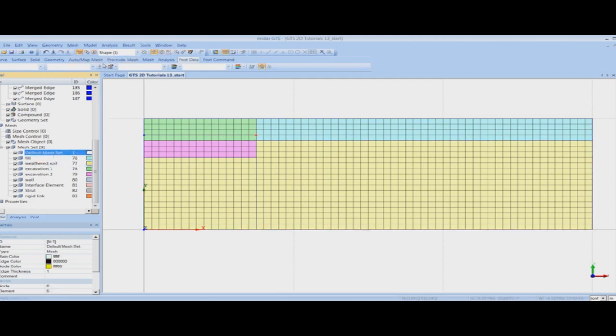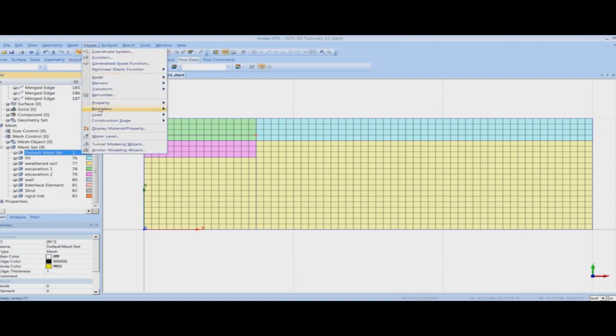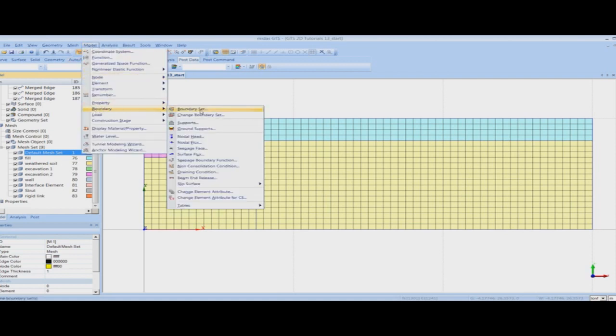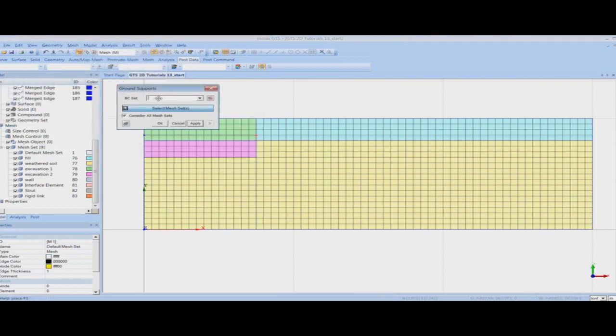So now let us model the boundaries for this model. For modeling the boundaries, we will go to the boundary option, and we will first define the ground supports. I will put it under a name for ground supports, and I will select all the mesh set.